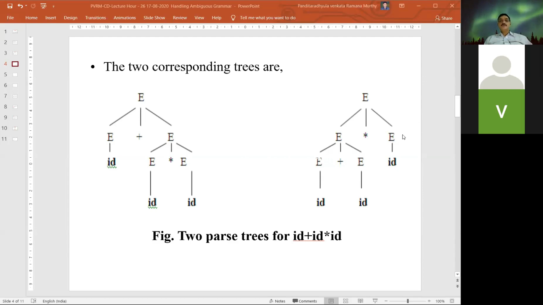So for example, if you are using this other tree first, what happens here? The same principles apply. First it performs the plus operation, which has less precedence than the multiplication operation. The result from this addition is multiplied with this a, which is wrong. This is wrong, and this is right. So the correct operation is this one.